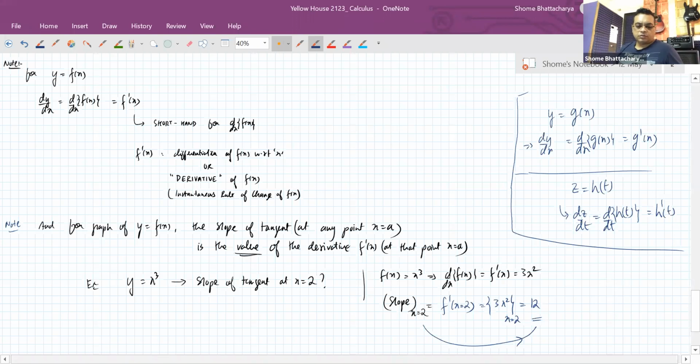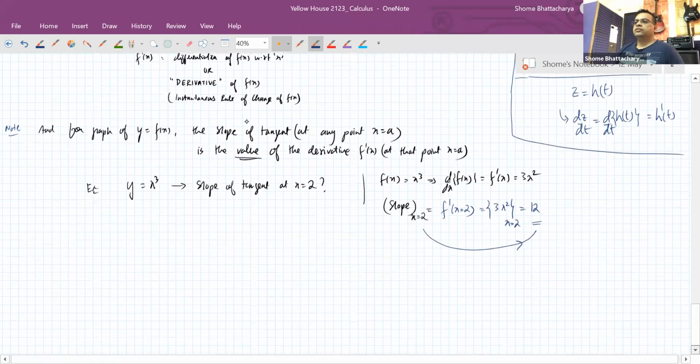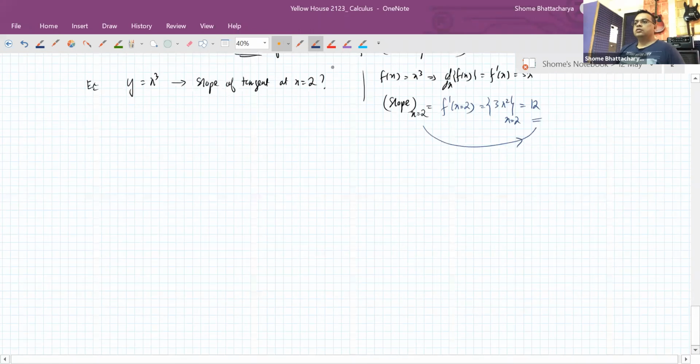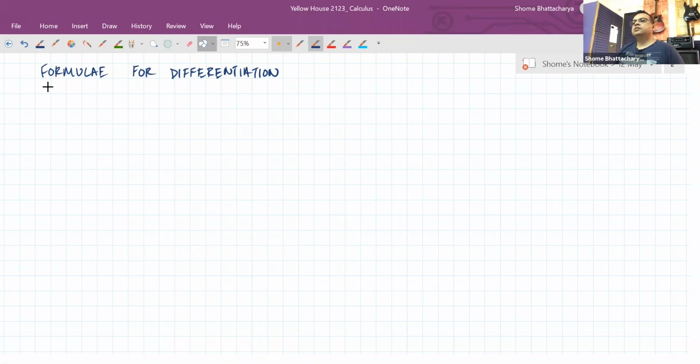Okay, now additionally, we have some formulae for the non-algebraic type of functions. So coming back to more formulae for differentiation. So first of all, we will look at the basic trigonometric functions, which I'm sure you're familiar with from trigonometry by now. The functions itself, they are